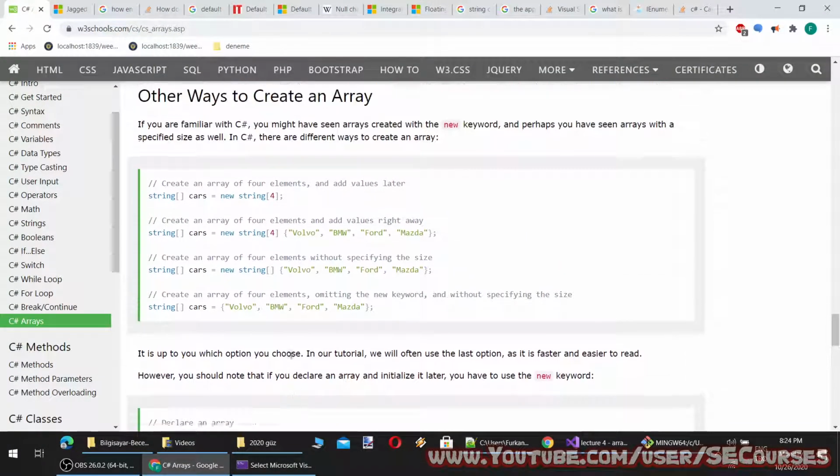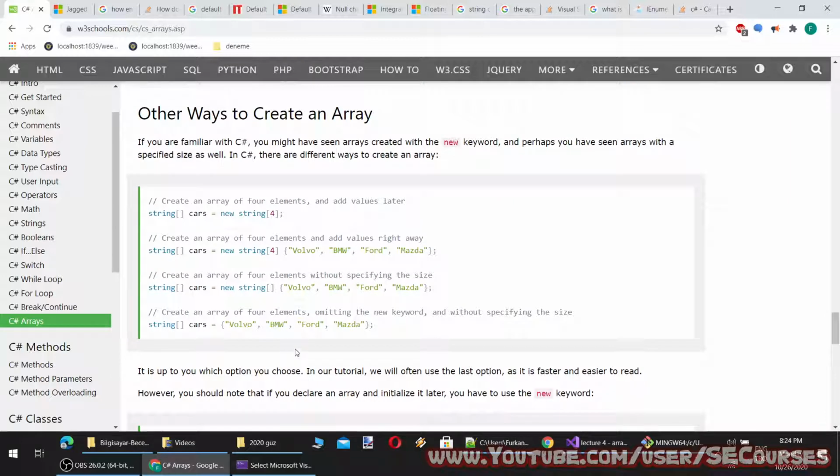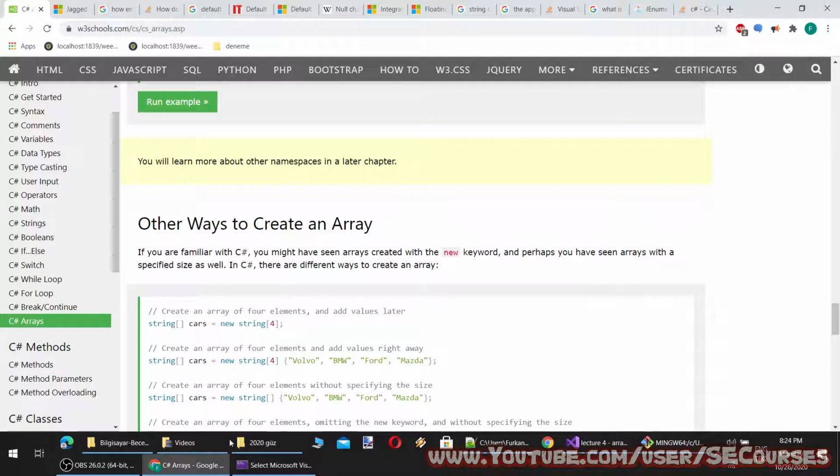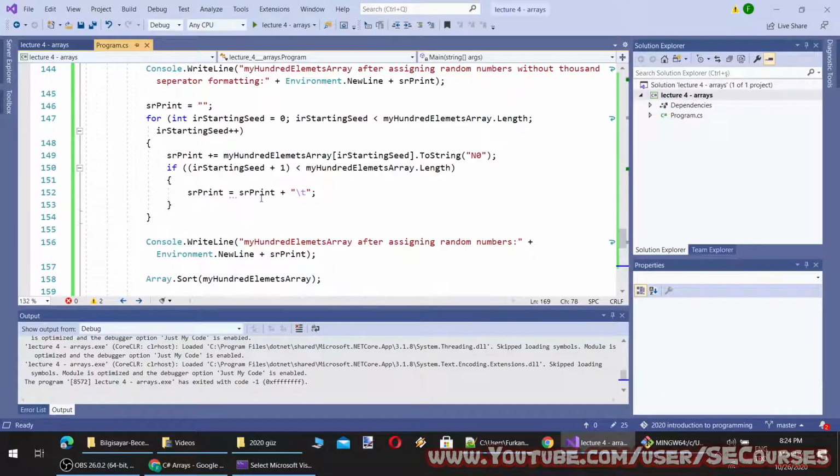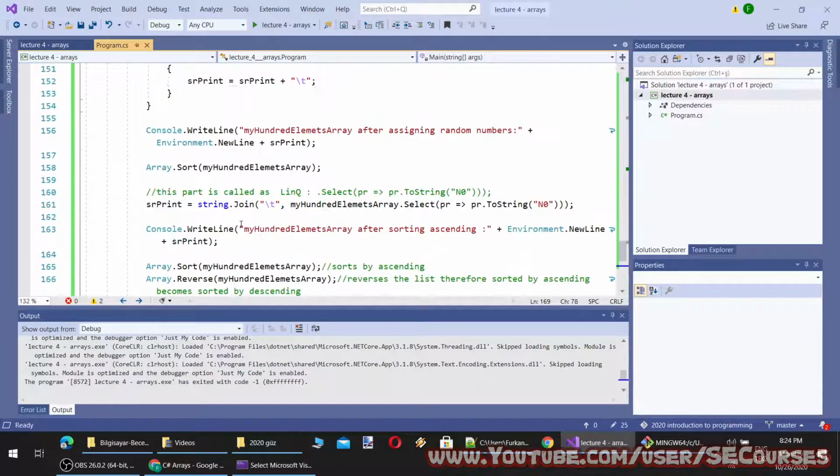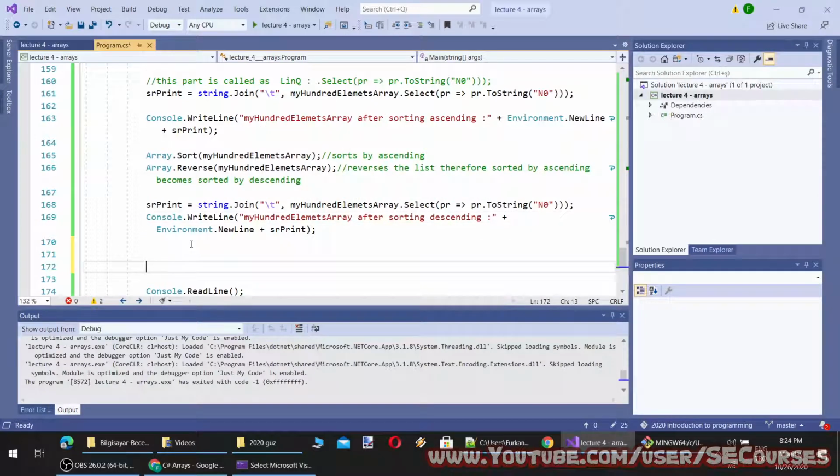Okay. So is there anything else? Once the array is initialized, you cannot change how many elements it has. Okay.